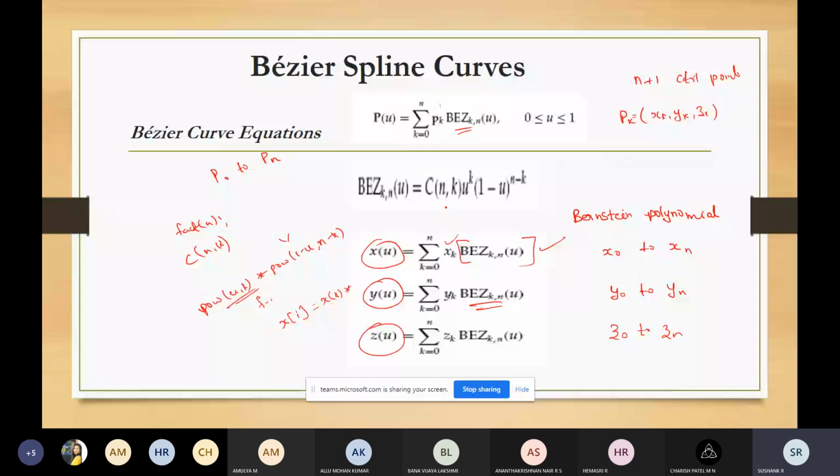And in the program also, we had a function to calculate the factorial of a number. After that we had a function to compute the Bezier equation. Here we were calculating with respect to x, the Bezier point dot x, dot y, dot z, so these points with respect to the individual axis.